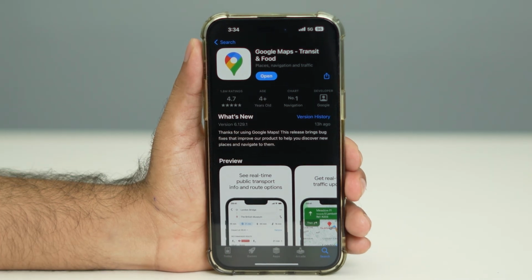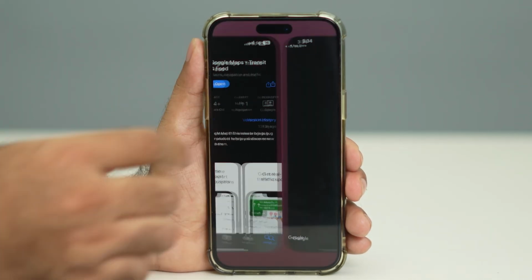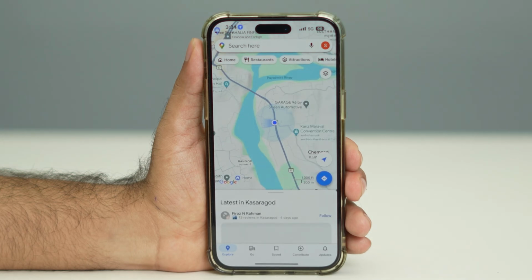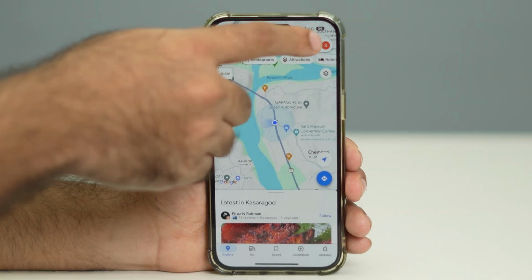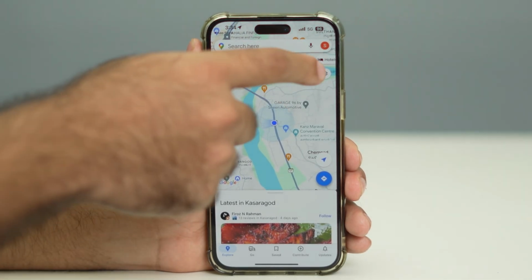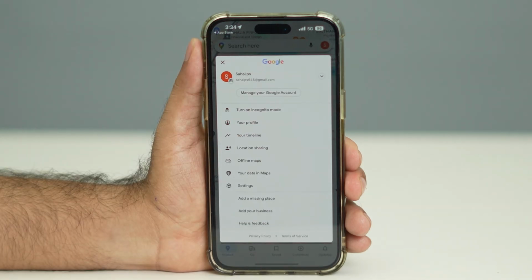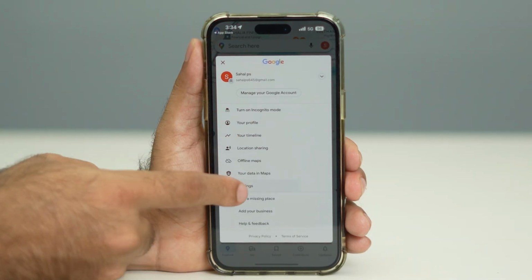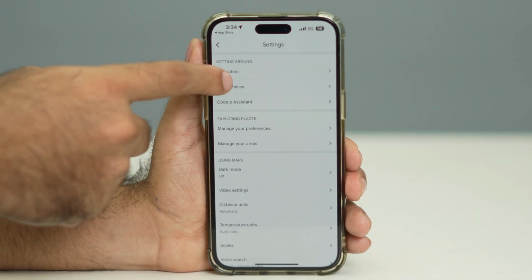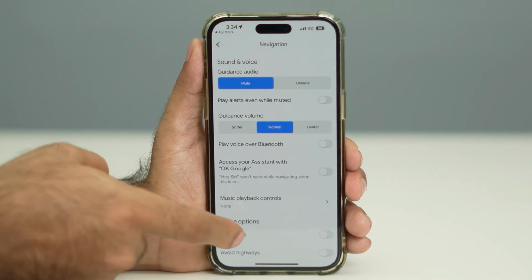Once the update is done, what you need to do is just go over here and tap on this one. You'll be landing on this kind of page, and we have to tap, okay, there is a profile icon at the top. You just need to tap on this profile icon. Now we just need to go over here and tap on settings. Now from here we have to tap over here on navigation, and now from here we have to scroll